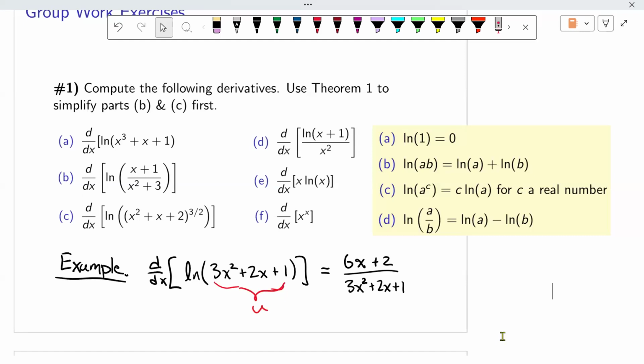How's it going, Zachary and Josh? Oh, that looks great. Though it should be an x plus one in the denominator and an x squared plus three. Because of rule A, you would get rid of that. No, it's you have this correctly. What you should be thinking of is that rule. It's u prime over u.